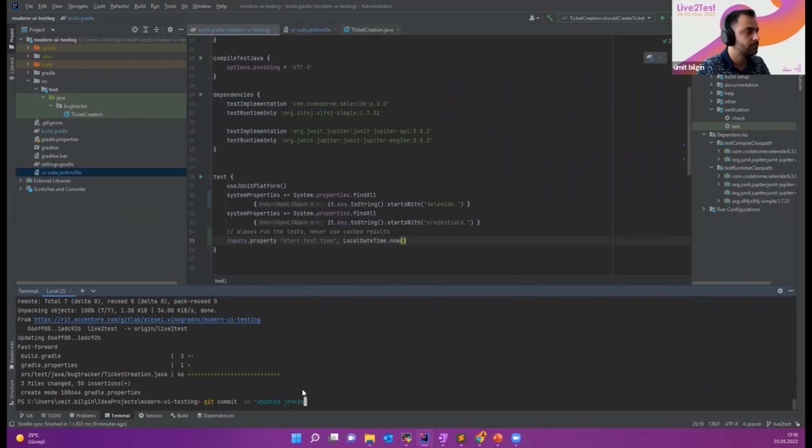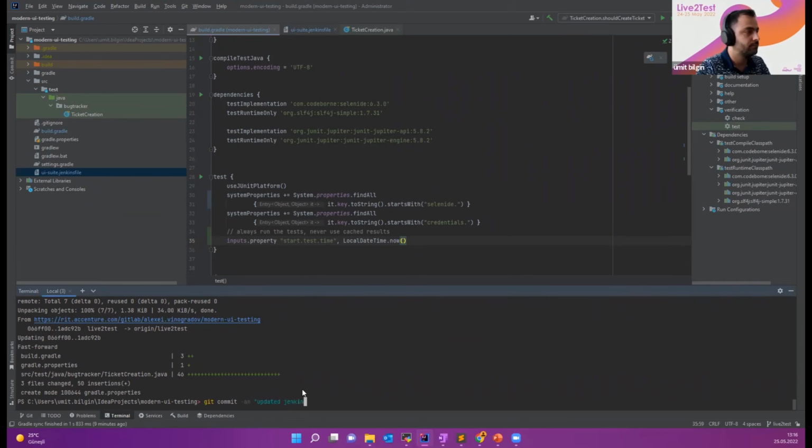Let me quickly double check. Okay. So let's start the build and check the logs while it's running.